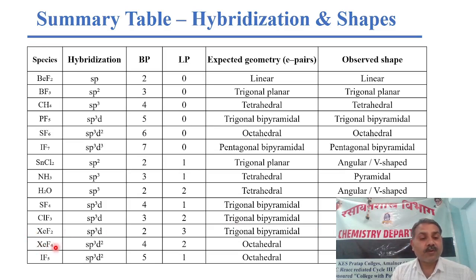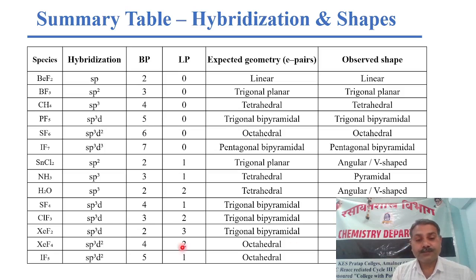In the case of the XeF4 molecule, hybridization is sp3d2, meaning 6 hybrid orbitals are involved. Out of these 6, 4 act as bond pairs of electrons and 2 as lone pairs. So the expected geometry is octahedral, but the actual geometry of this molecule is square planar, because the lone pairs are at axial positions, and the 4 bond pairs lie on the corners